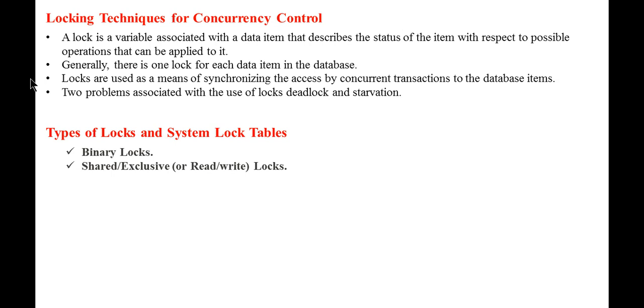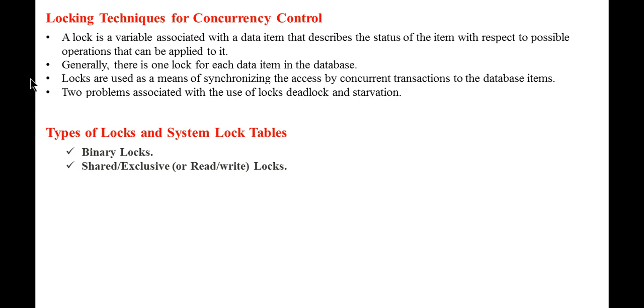Concurrency control is needed in order to control multiple access to the database by multiple users at the same time. When multiple users or applications are accessing the same database at the same time, then in order to preserve all the properties of the transactions, we need to use some techniques so that we can control the concurrent access to the database. So locking is a technique used by the concurrency control manager of DBMS, which helps in controlling the concurrent access to the database.